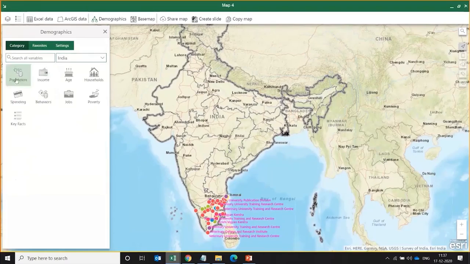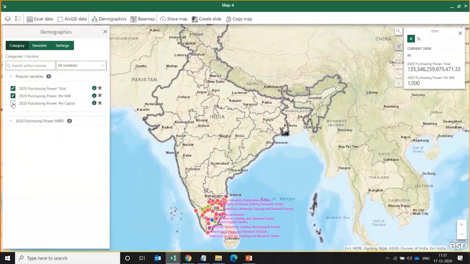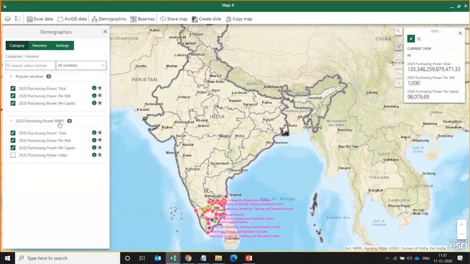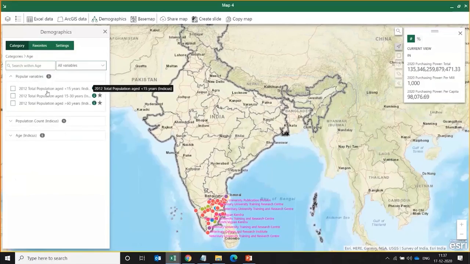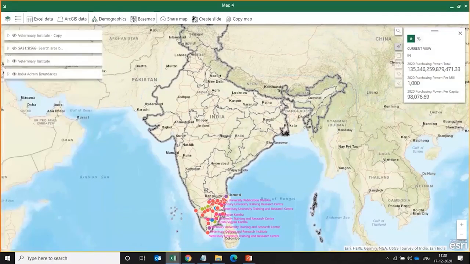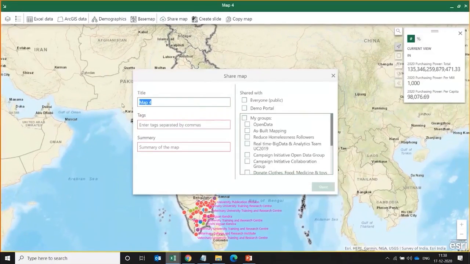Yeah. So this is India, like you wanted to have income data, you can add. Here, these are the different cards where you can see the information is coming. You can see these are some MBR data which is 2020. It is latestly updated by MBR, and you can add all these particular variables, like age data. You wanted to see, like this is the last census data, what is the age. So all these demographics data you can add, and further you can share this map